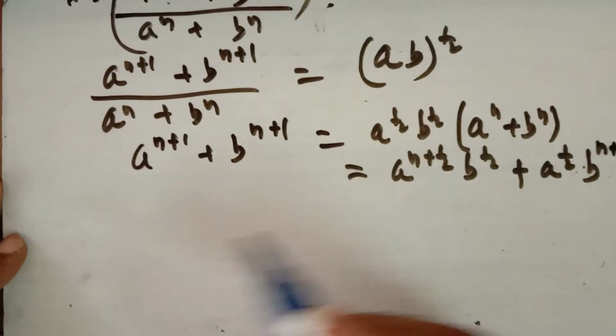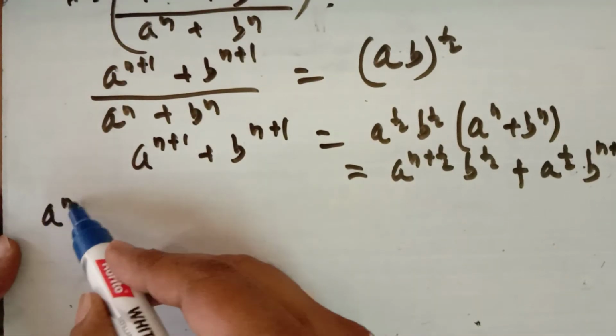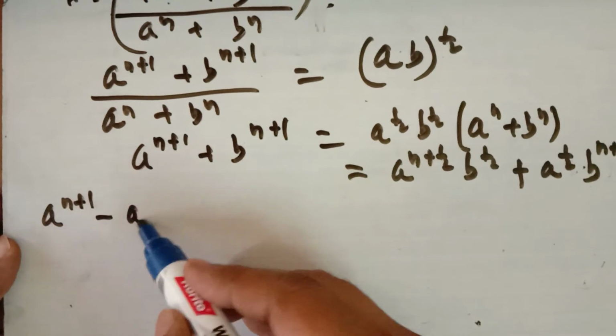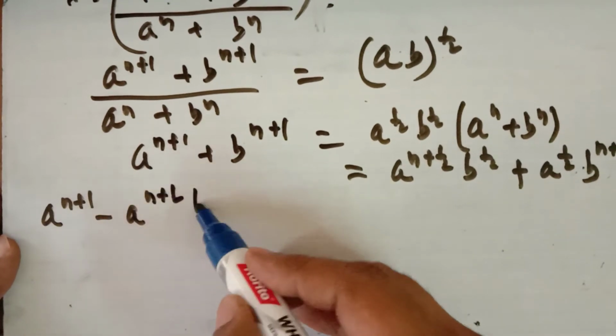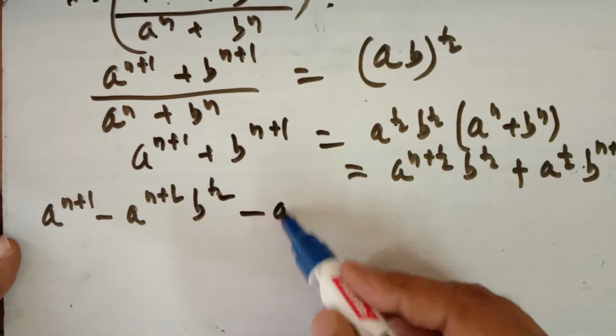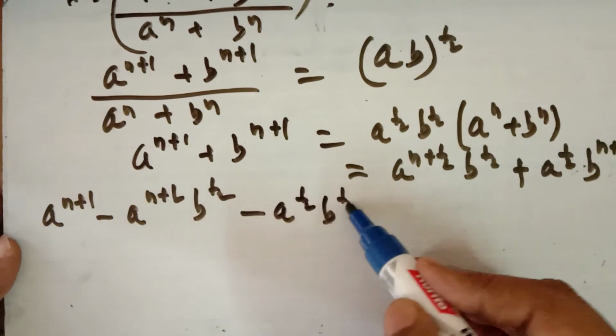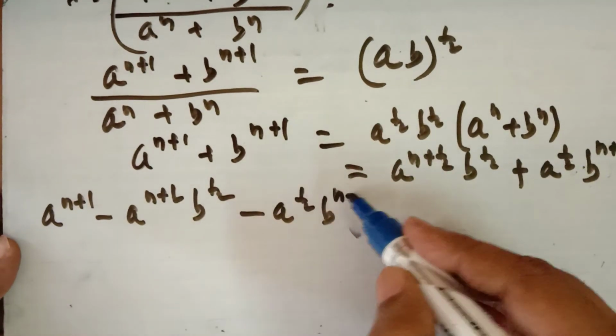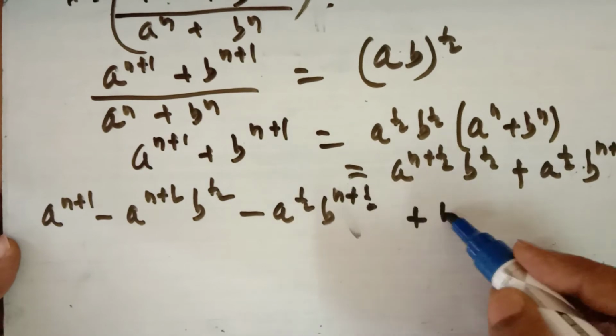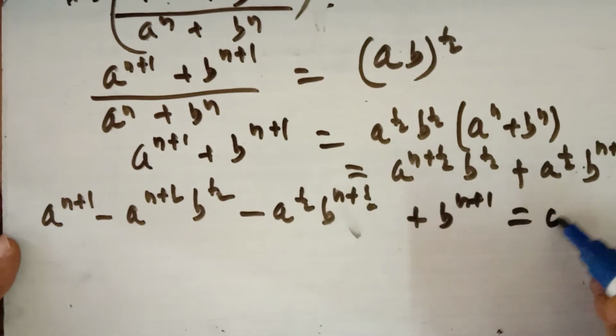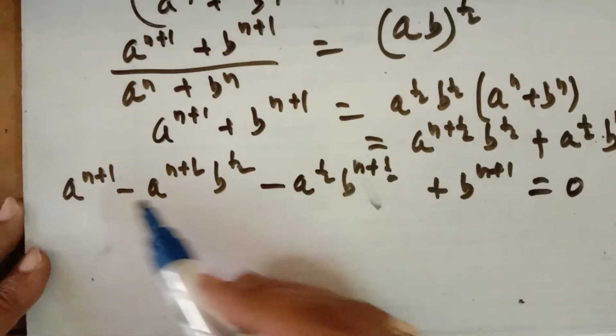So this, you take all the terms to the left hand side. So a^(n+1) minus a^(n+1/2) b^(1/2) minus a^(1/2) b^(n+1/2), and taken all the terms to the left hand side, because you have to find the value of n. Now